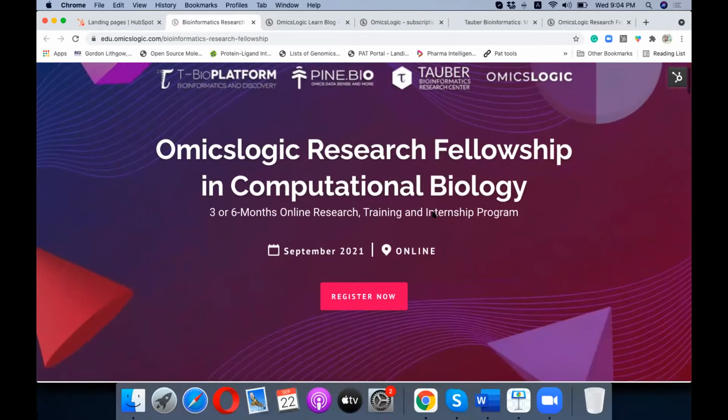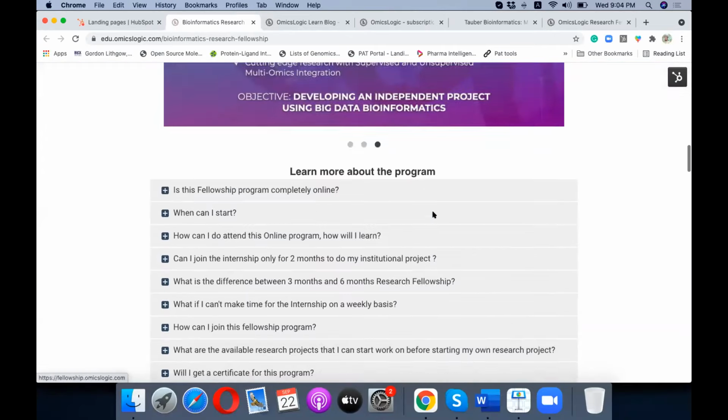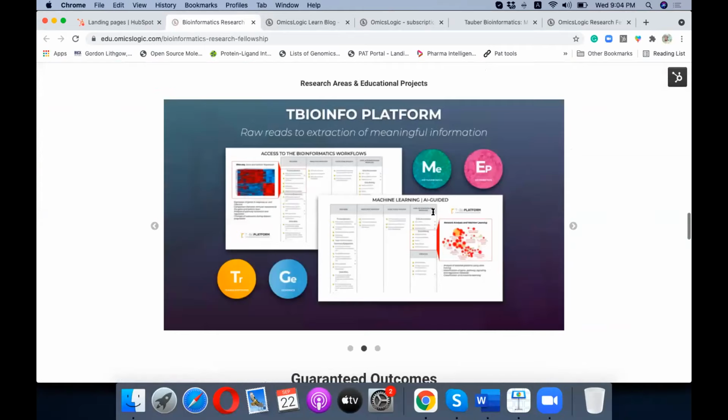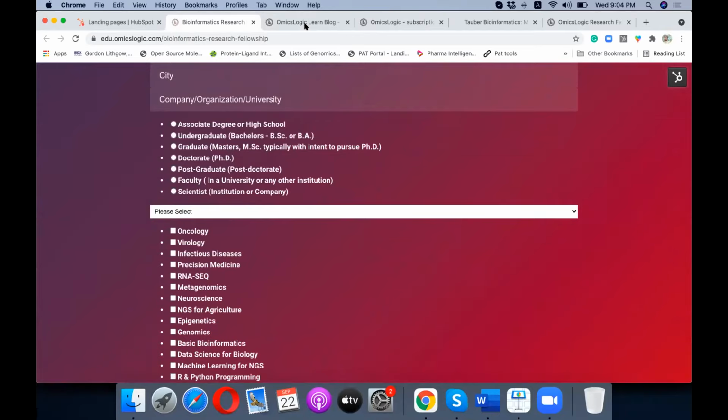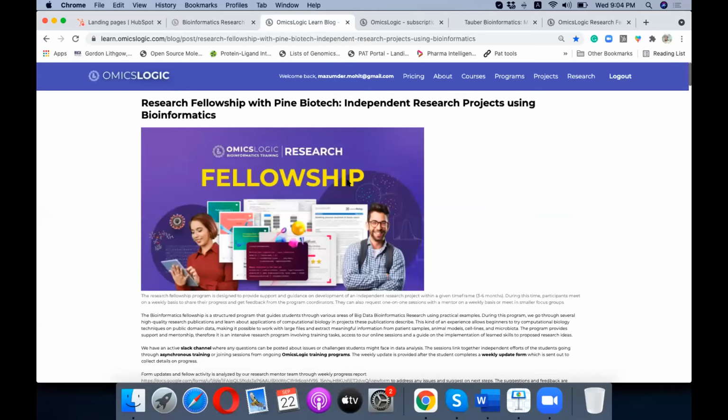Many of you have filled up this form, and we have reached out to you using the information you filled in this form on this page. After you fill up this form, we recommend you take a look at the research fellowship program. Some of the components that we discussed today are well described on this page. I'm going to paste the link of this page too, in case you want to know about what we covered in today's session and how the research fellowship program is structured, which we described in the talk.